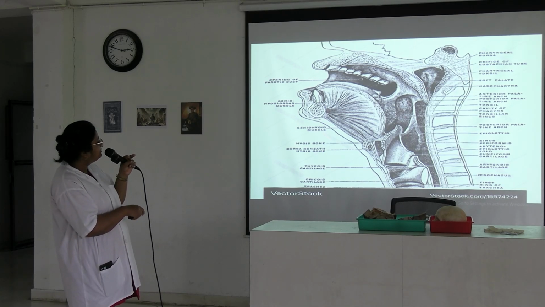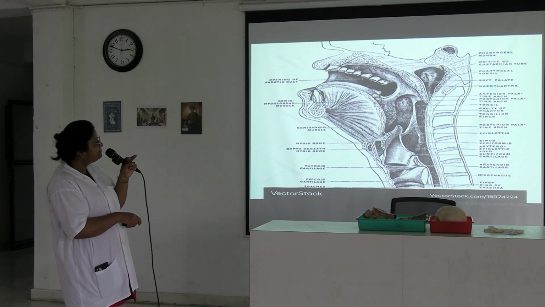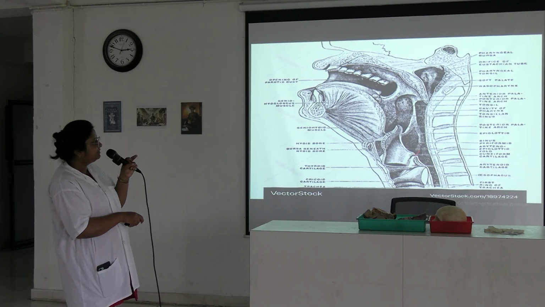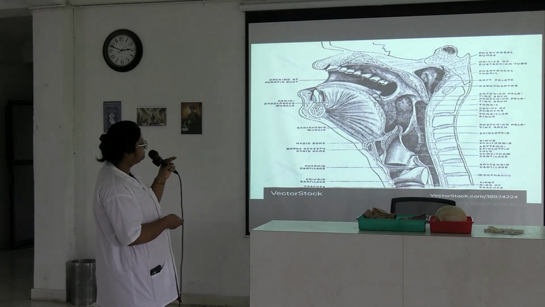Here will be the tongue, genioglossus, geniohyoid, hyoid bone, thyroid cartilage, cricoid cartilage, vocal fold, vestibular fold, sacculopharynx, vestibule, infraglottic part, and this is the laryngeal inlet. All these structures we will see.